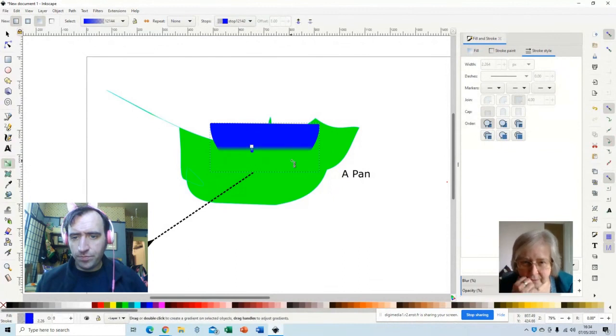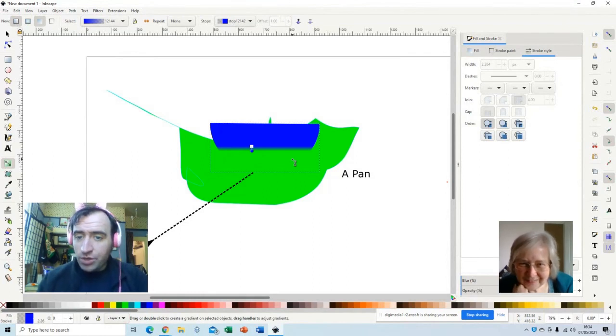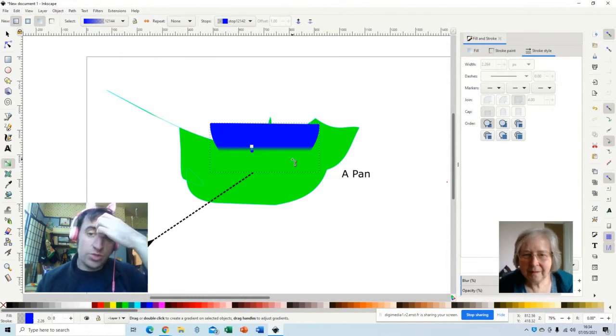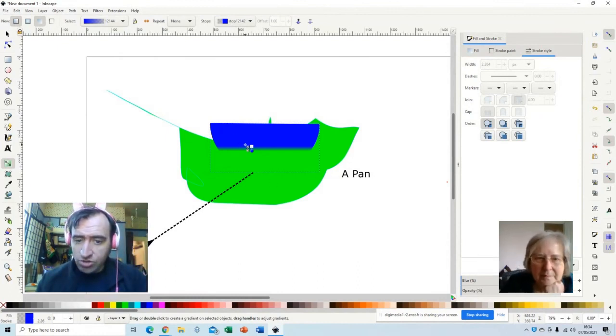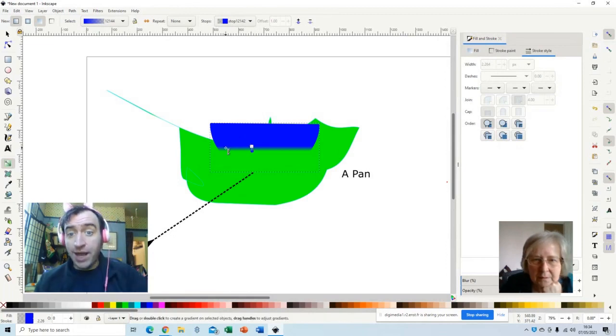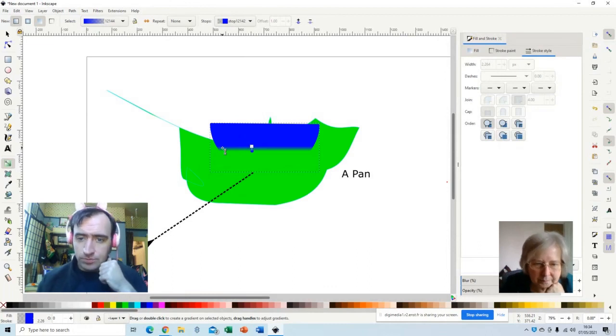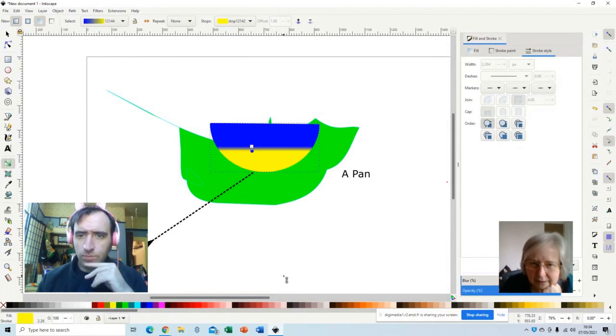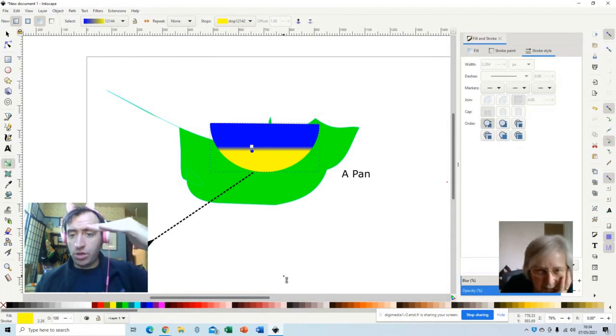Looks like a ship now. Nice. And what we're going to do is color one side of the gradient with a different color from the first. You'll notice that the bottom one is currently selected, and that's transparent. It has no fill and no stroke. So we're going to go into the bottom palette and select a different color. There you go. And now we go from blue to yellow